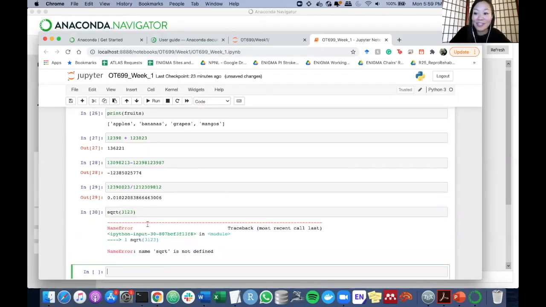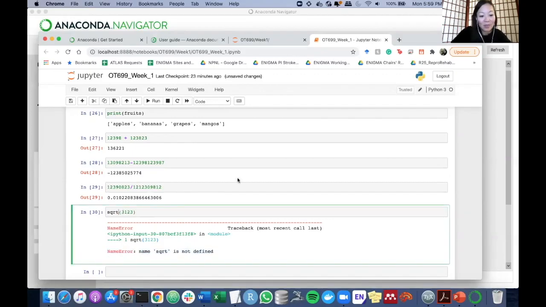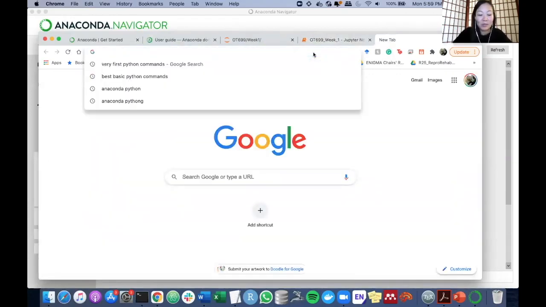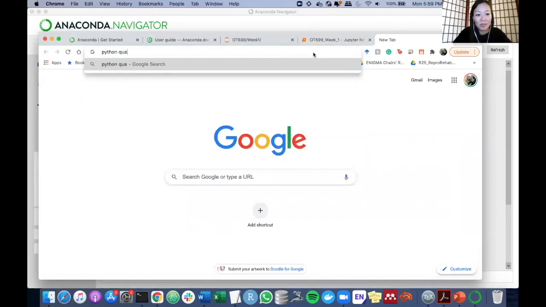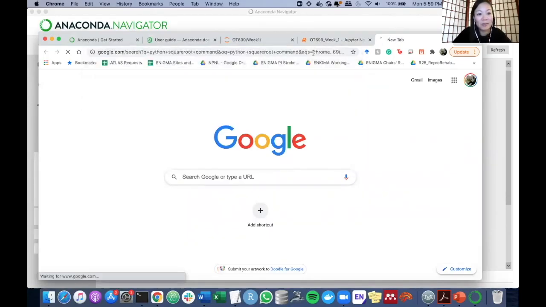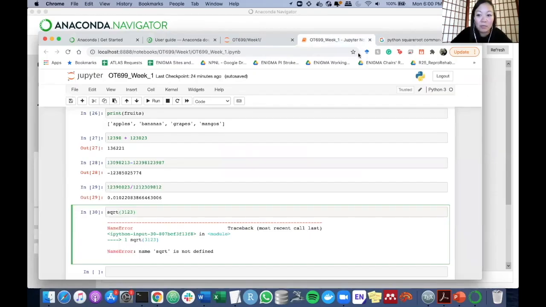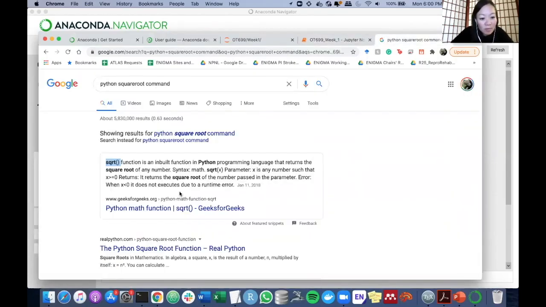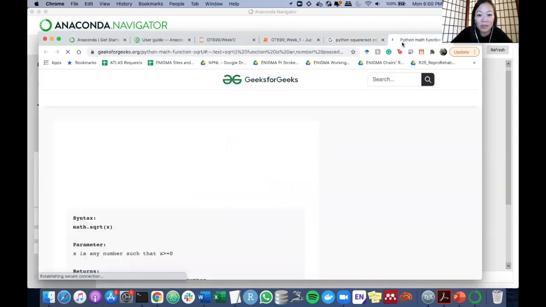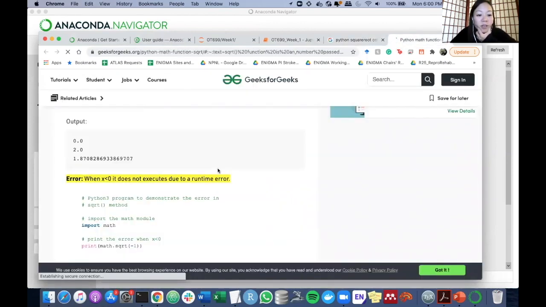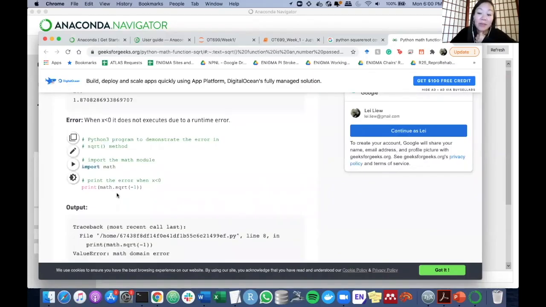And you can even do, I think this is the command for square roots. Oh, so this is our first error. So it says the name error, square root is not defined. That means that this is not actually a command. So actually what I would do if I wanted to know this is I would just Google Python square root command, and it should be SQRT with a number. So what did I put? Let's see if it has to be part of a thing. Oh, all right. So square root apparently is not one of the built-in commands, but it is part of